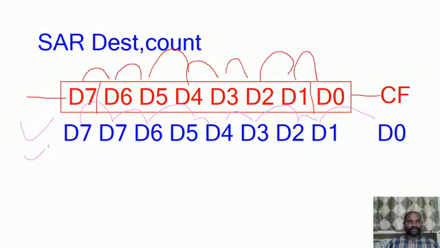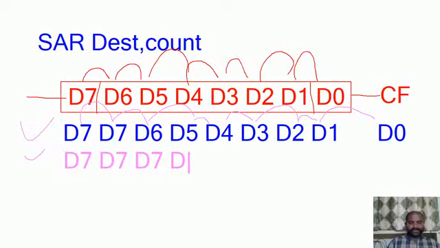Here I'm going to make use of D7, writing in the bit position format. This MSB is going to be written as it is, so I have D7 as it is. In the second shift operation, I have D7, one more D7, and the D7 becomes the D6. The D7 is shifted to the right side and retained.